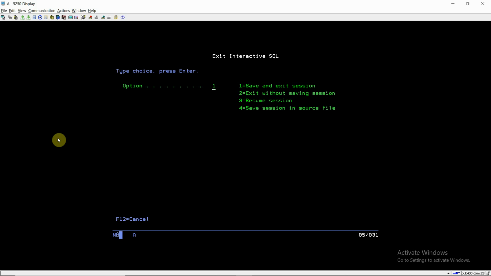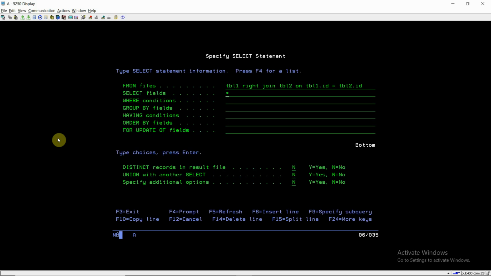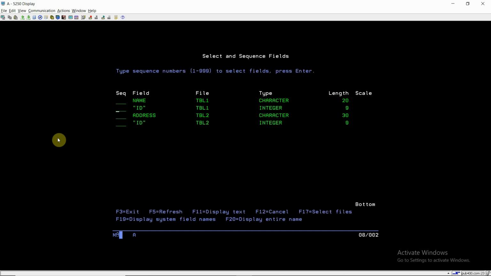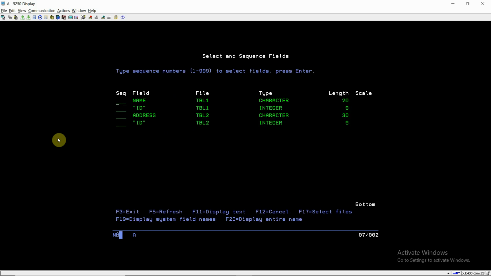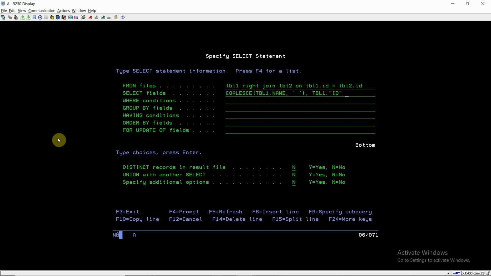The same way we can make them blank or 0 using the coalesce function. Coalesce name would be in characters, so I'll be using blank for name, comma, take F4, ID, it can also be null, so take shift F3, insert coalesce.